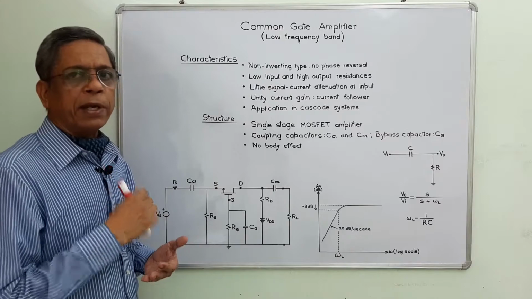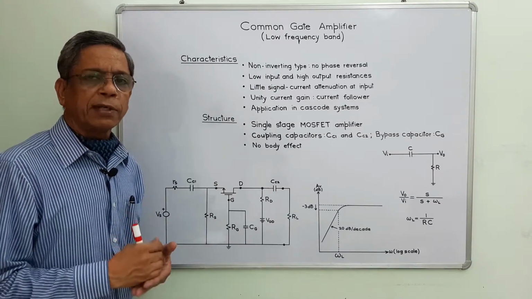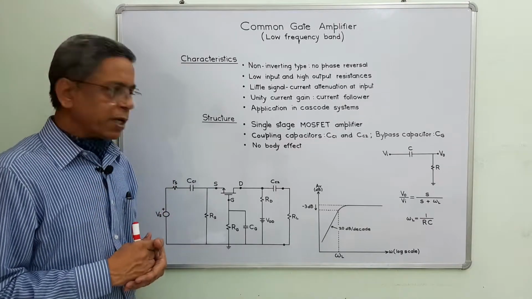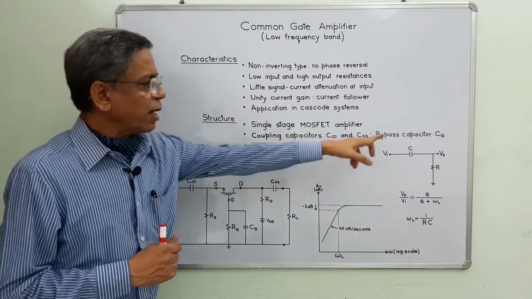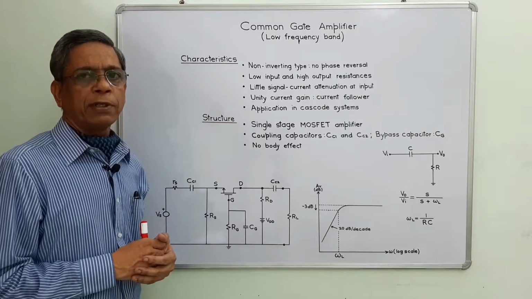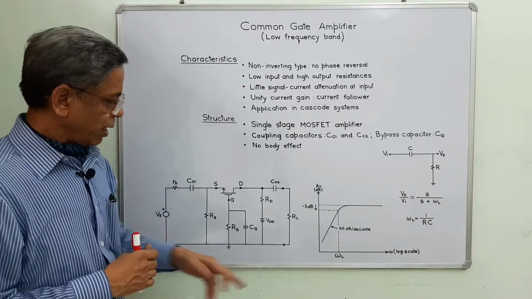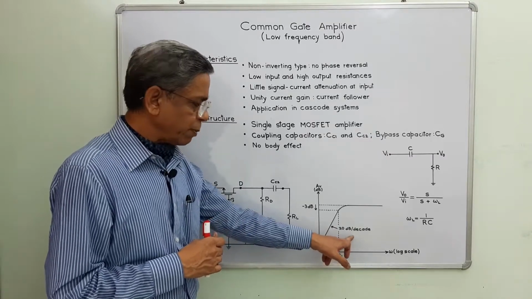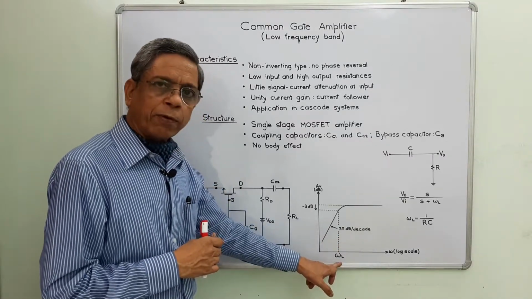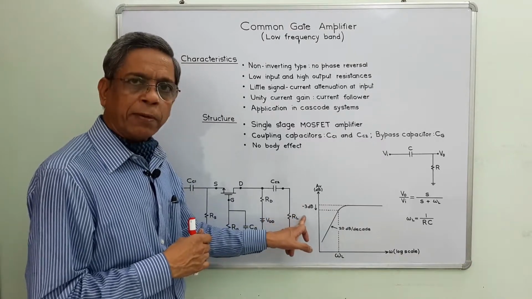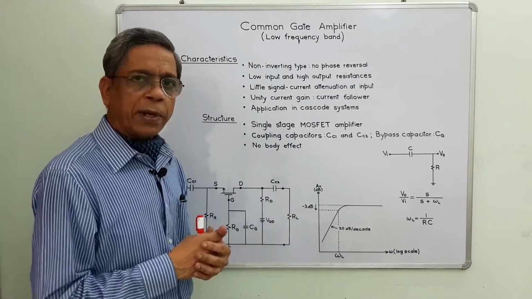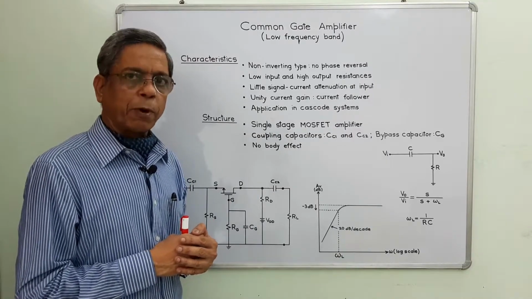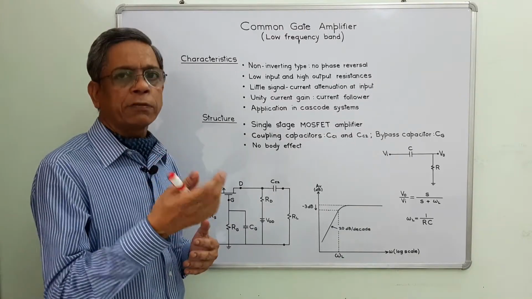At low frequency band, internal capacitors CGS and CGD are behaving as an open circuit, but these coupling capacitors and bypass capacitors don't behave as a short circuit. That is why at low frequency band, gain starts falling, and this is at the rate of 20 dB per decade. At lower 3 dB frequency, gain falls by 3 dB. At low frequency band, the whole circuit of common gate amplifier exhibits the properties of first order high pass filter,